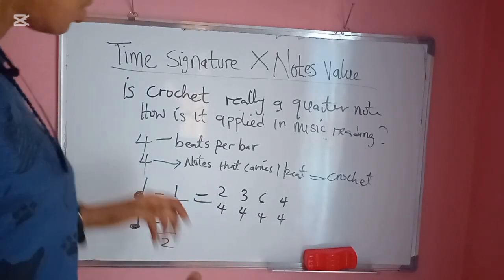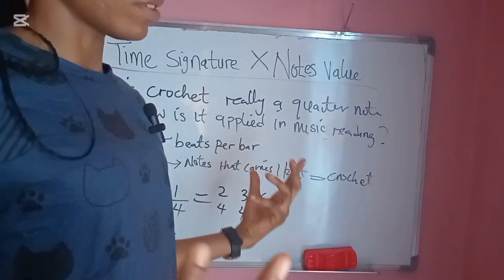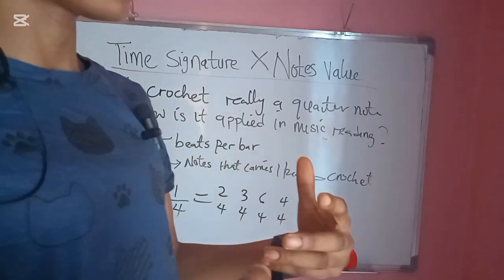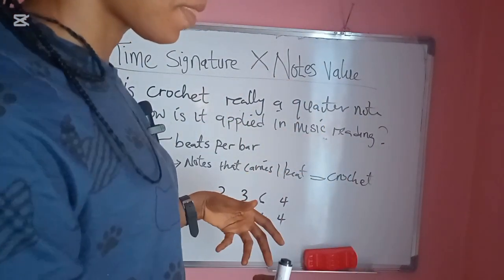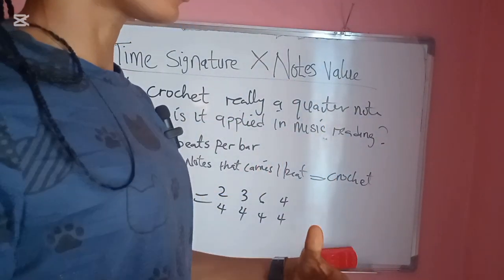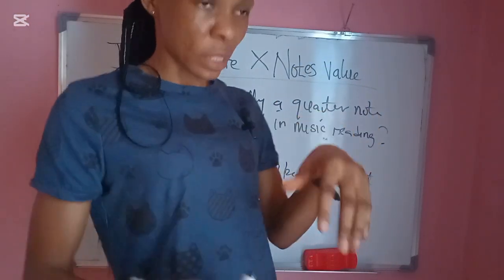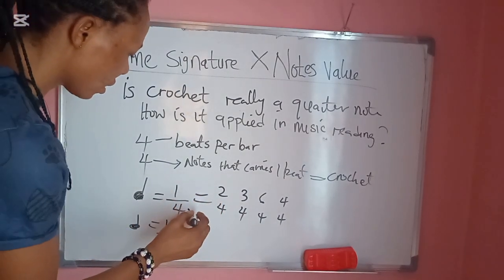You should forget about the upper number, which can be any number, but the lower number is what stands out, which shows that crochet is 4. Let's take the lower number as the quarter, which shows that in every music that you see a quarter 4,